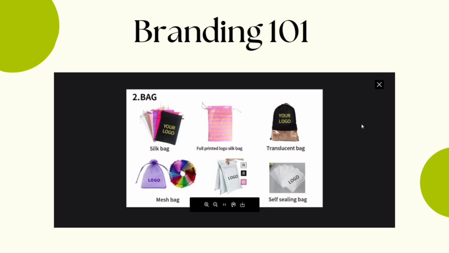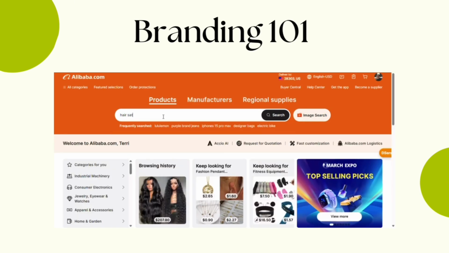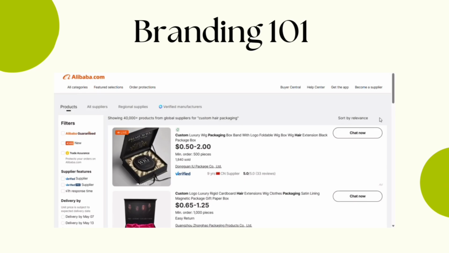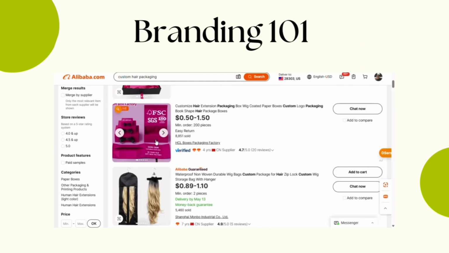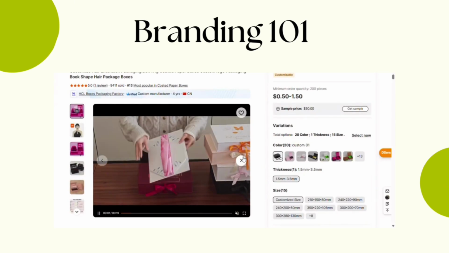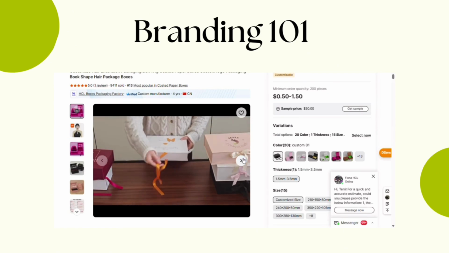So this is a few more items or options that they do have on Alibaba. I don't think they have that many options like this on AliExpress, more on Alibaba, or even if you just order from Amazon and get your branding colors, so that way you can brand. This is also some more branding ideas. But yeah, if you go to Alibaba and type in hair branding or hair custom packaging, which I'm going to show you right here, a lot of hair stuff will come up. Of course, you can't drop ship with that. You have to order it. Or you can chat with the vendor on Alibaba and say, hey, do you have branding? Can you brand it if I get a sale? Which can be a little bit difficult, but if you want to brand yourself, definitely have your own branding